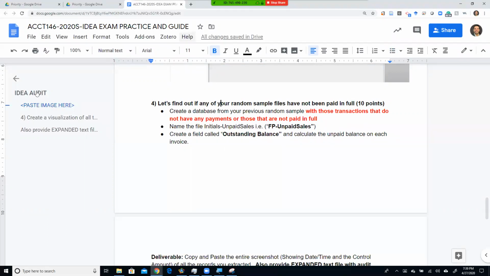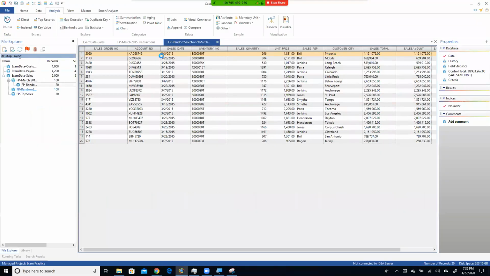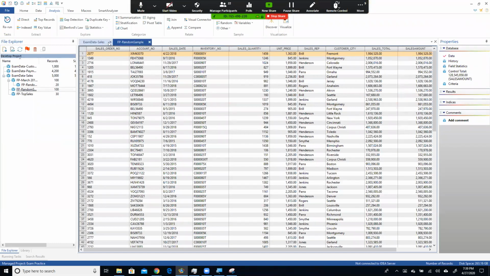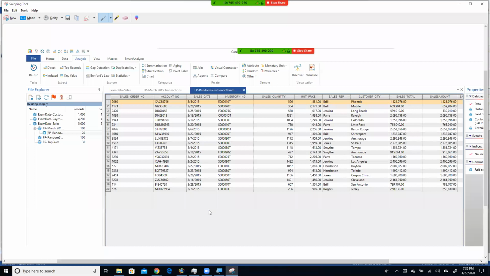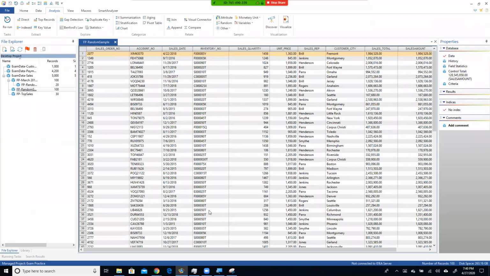So let's go back, right? And go to this random sample that you created. I'm gonna close everything else. And I wanna make sure that these transactions are fully paid. Simple as that. This is the sales amount. How do we find out if they're fully paid? Well, the first thing I wanna do is find out how much they have received in payments for that sales order amount. So I am gonna join